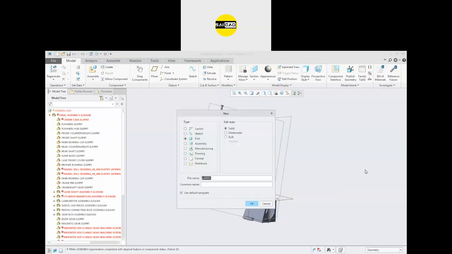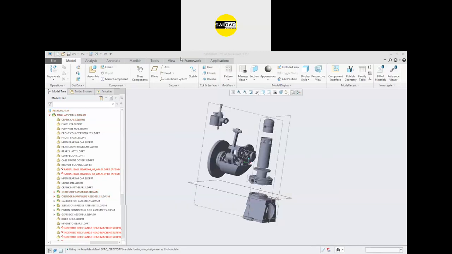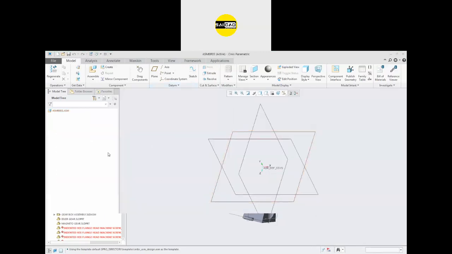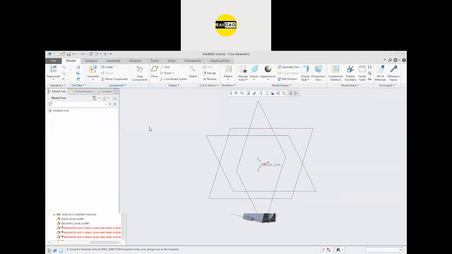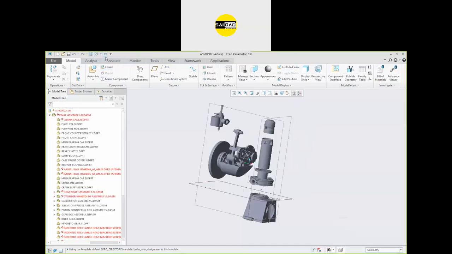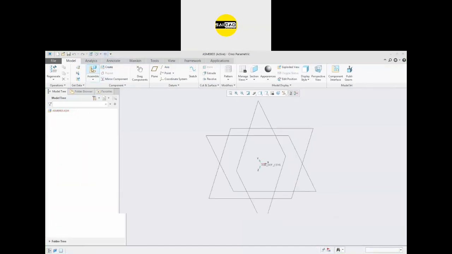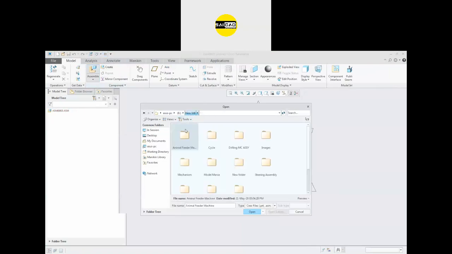We're just going to use a new assembly for the slider. And in this new assembly, I'm just going to insert another component.